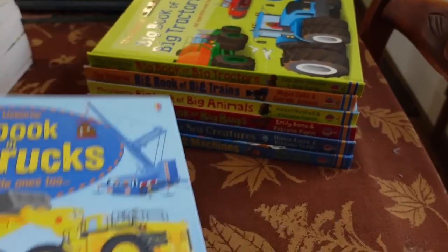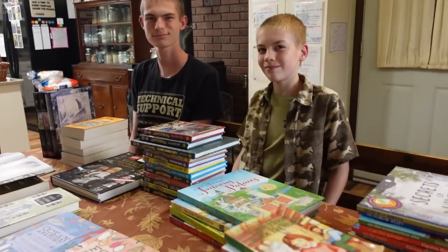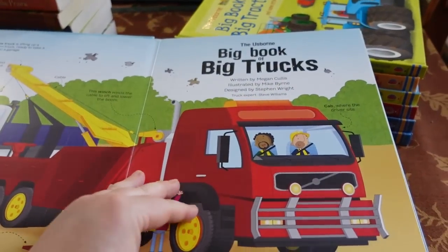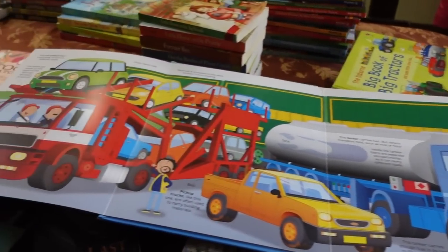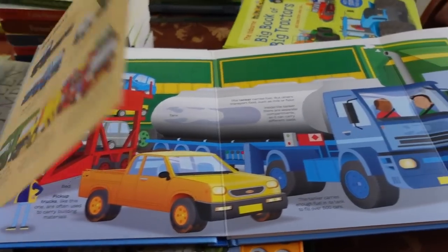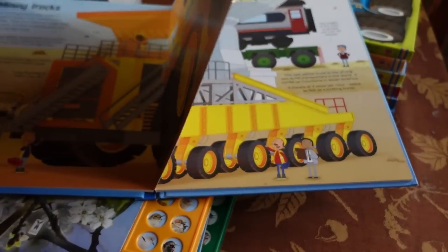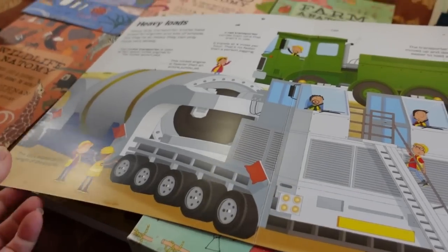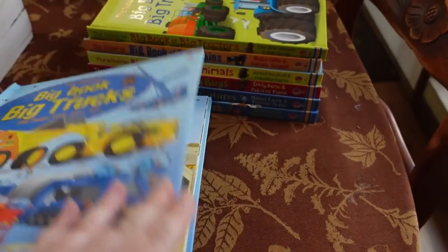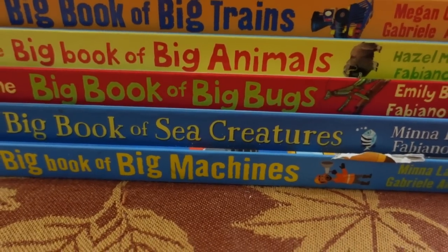These big books, these are also available on Amazon. And I've got some that my boys especially really liked when they were younger too, right? Yes, they were a big hit. So these big books, you open them up and open them up, and it's just huge spreads of really cool things that children love. In this case, this one is trucks. And there's one on trains and tractors and, oh goodness, let's see. Open that big thing up and it's just a big, huge page of all kinds of neat stuff. So this whole set, trucks, tractors, trains, animals, bugs, sea creatures, and machines is what we have here